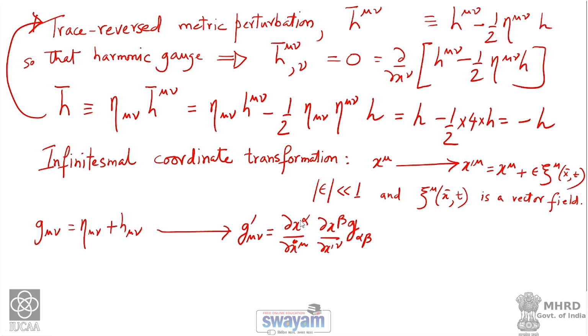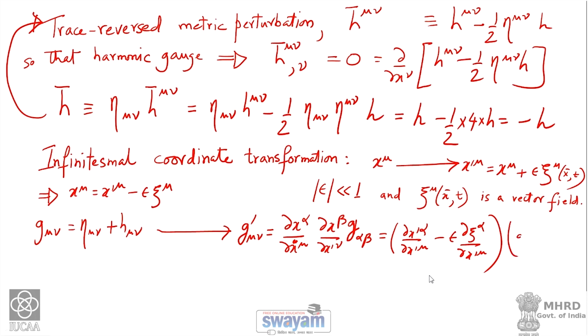Because of this, I can write x mu also in terms of x prime mu, which implies that x mu is x prime mu minus epsilon xi mu, and therefore this object is simply del x prime alpha by del x prime mu minus epsilon del xi alpha by del x prime mu